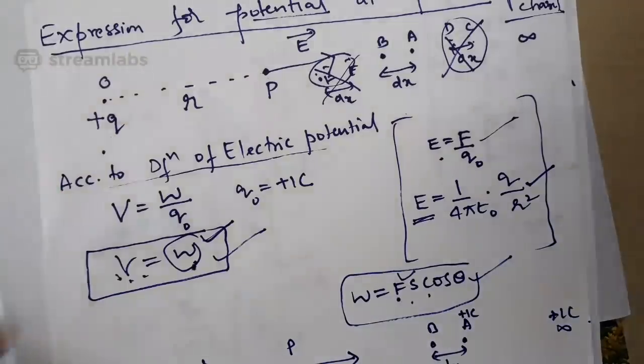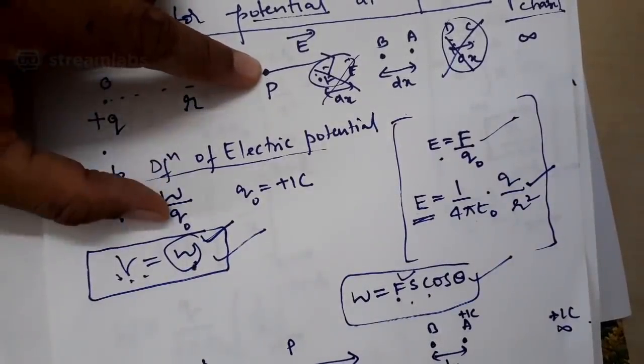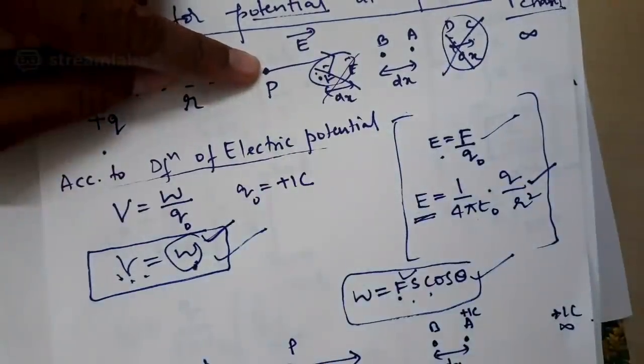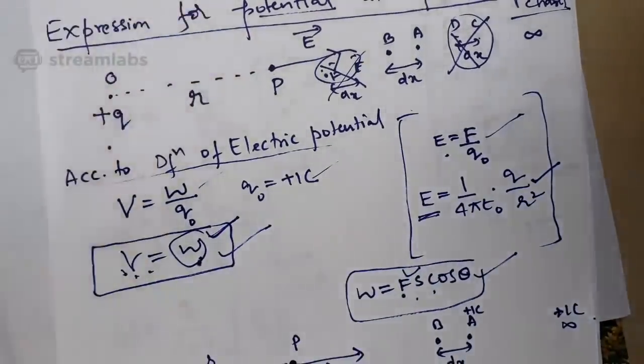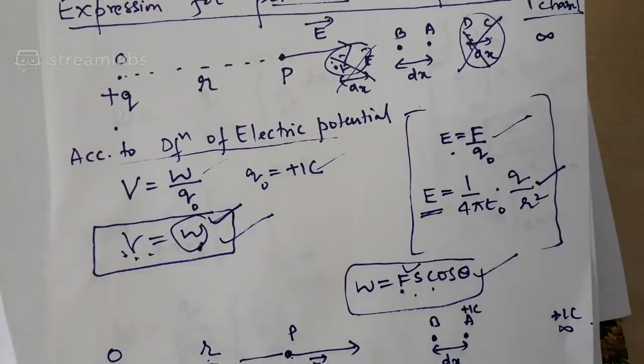According to a definition of electric potential at a point, it is the amount of work done in moving a unit positive charge from infinity to a point under consideration against the electric field. I wrote the equation from the definition. Then you know Q0 is plus 1 coulomb. So we arrived at the equation V is equal to W, indicating that if you want a potential at a point P, find out work done. So what you are actually supposed to calculate ultimately is work done in moving a plus 1 coulomb charge from